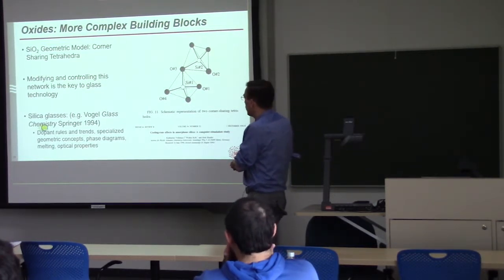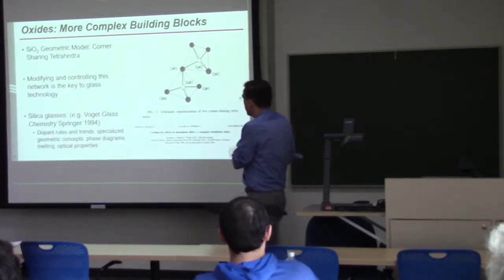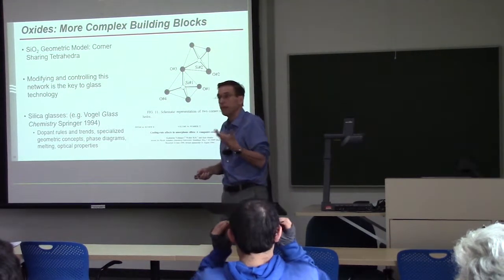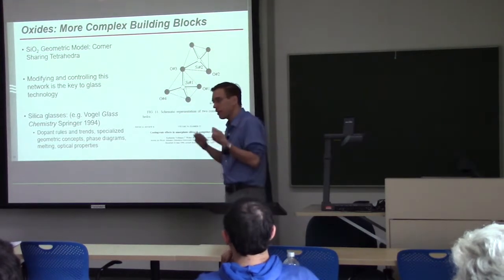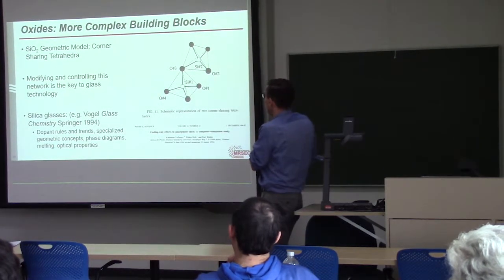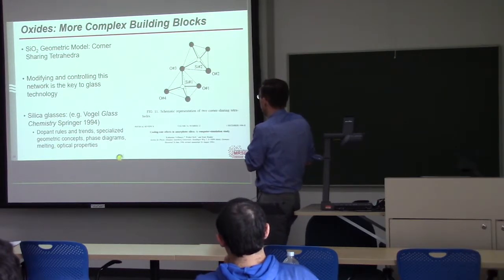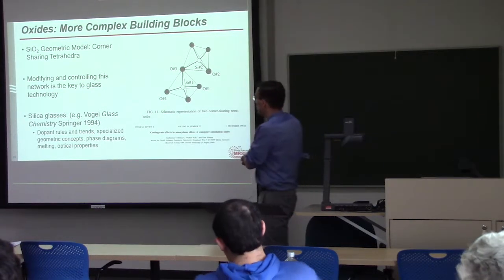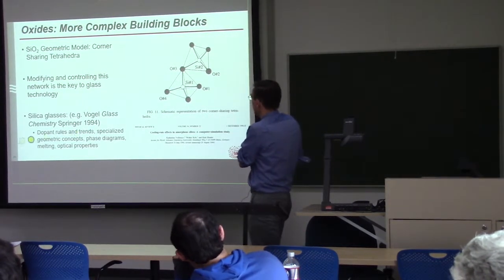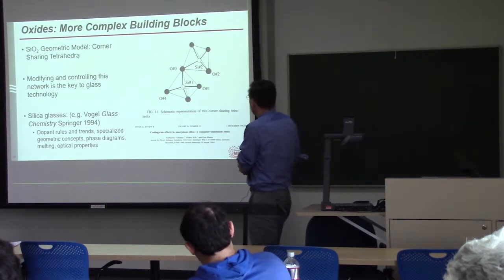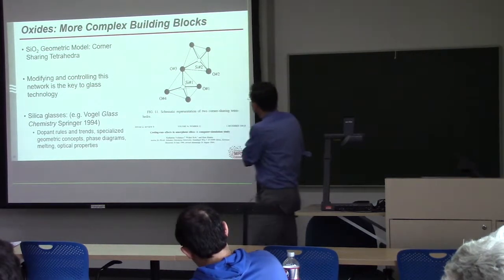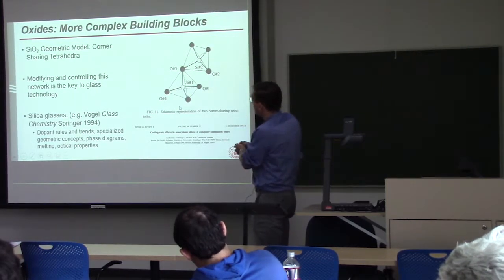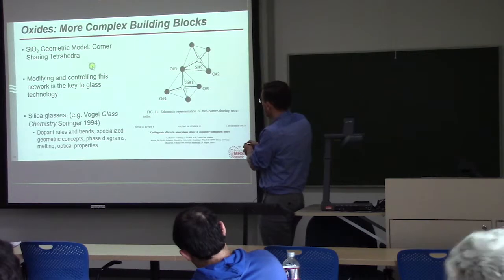And in fact, every glass around us has a series of dopants that modify this network. So window glass, the glass that we make containers out of, fiber optics, everything has properties that are defined by dopants that change this network. There's a vast technology of this that is a subject of entire careers and industries. So there's a beautiful book and many other references. But the key to keep in mind is that this is the building block that's being disrupted. It's not necessarily that they have to share corners or even be tetrahedra.